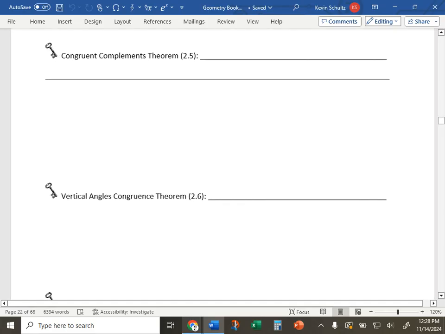Two angles that are complementary to the same angle